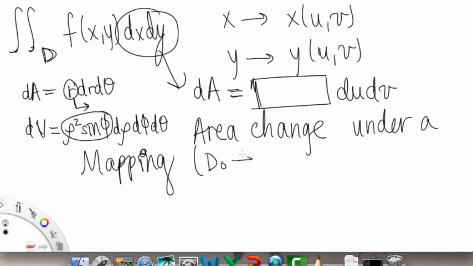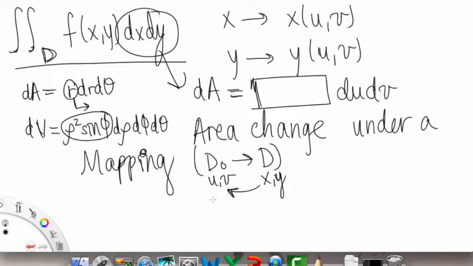From D naught to D, because that's what we're doing in effect. We're moving from UV to XY, so we want to represent this integral in terms of UV. So we're kind of going backwards a little bit. This corresponds to U and V, and this corresponds to X and Y. So we're going this way and trying to get it back in terms of U and V. So this area change is given by